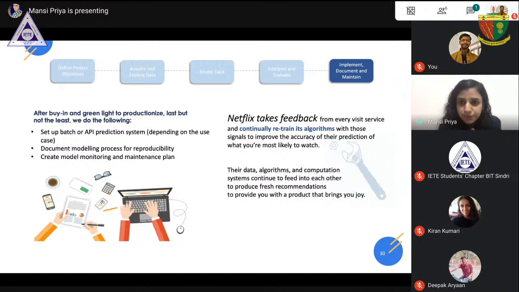Netflix also does that. It created the model long back in 2007 when the Netflix Prize winner was given, but it continuously retrains its algorithm. It is obvious, because something that I was watching 6 months back, I might not be interested in if I watch it now. That is why Netflix takes your feedback: if it gives you a recommendation, did you go and watch it or not. Using that, it trains and retrains its algorithm on a regular basis, and that is why it is now able to recommend properly.